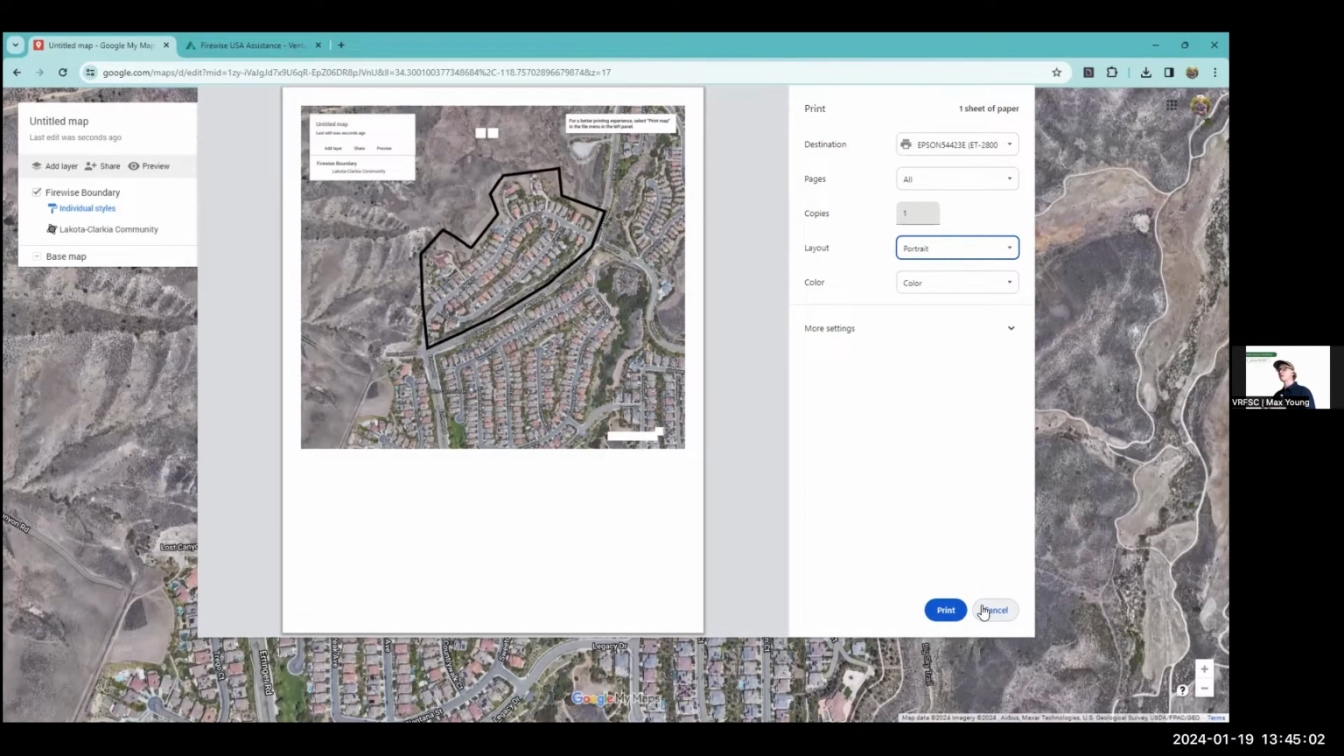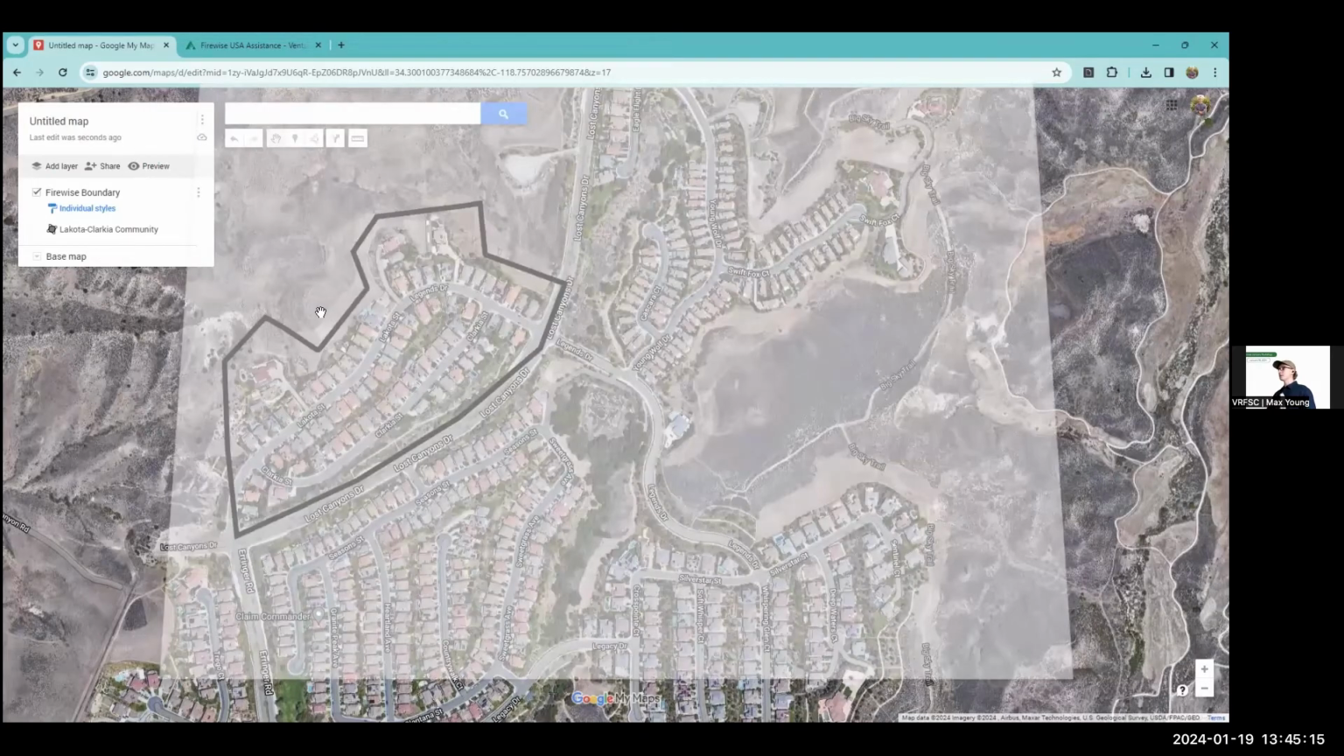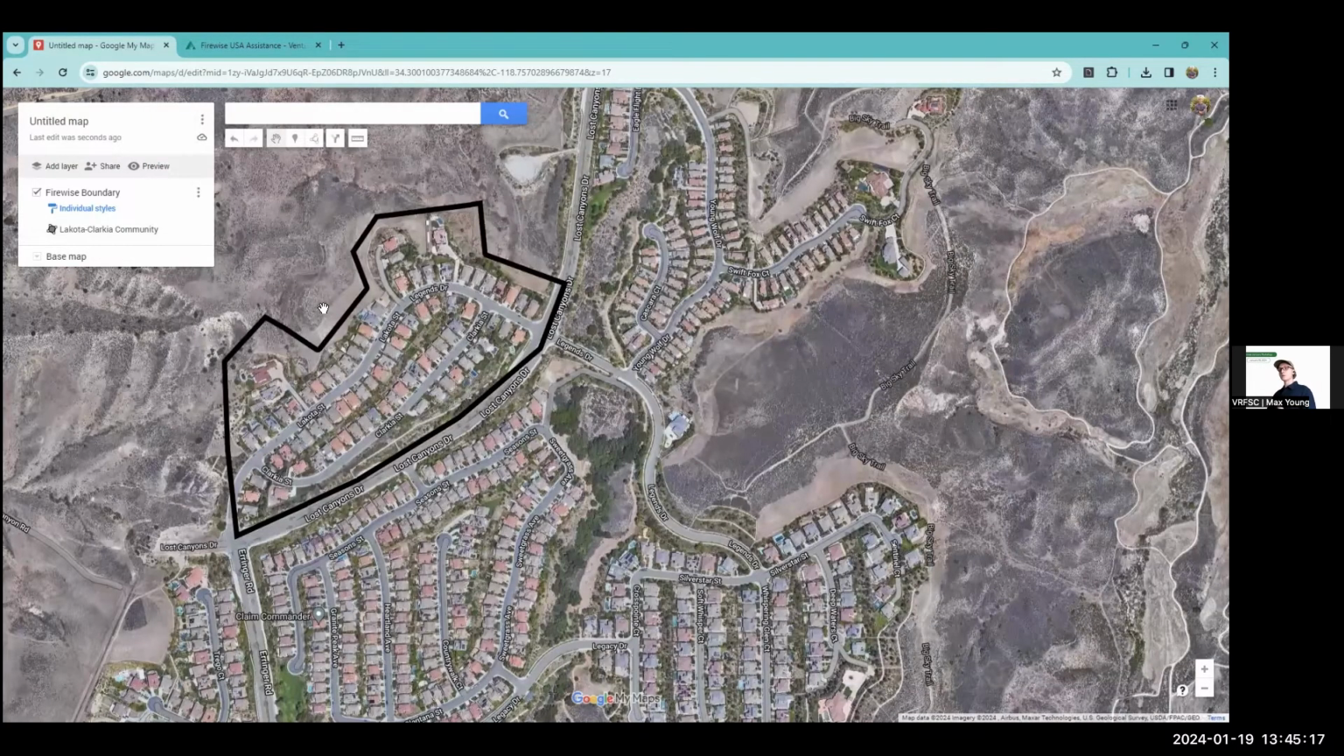And if CAL FIRE or the NFPA or the Ventura County Fire Department would like to see any more information, they'll get in touch with you and say, hey, I was a little confused by this, or hey, I'm having difficulties. But the beautiful thing about using My Maps is that this saves automatically. So I can go back to it. I can share it with other folks. If there's other information that I'm actually looking for